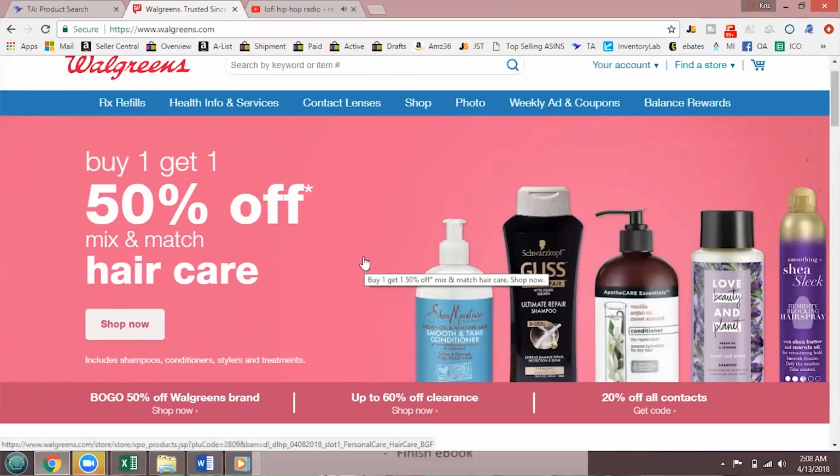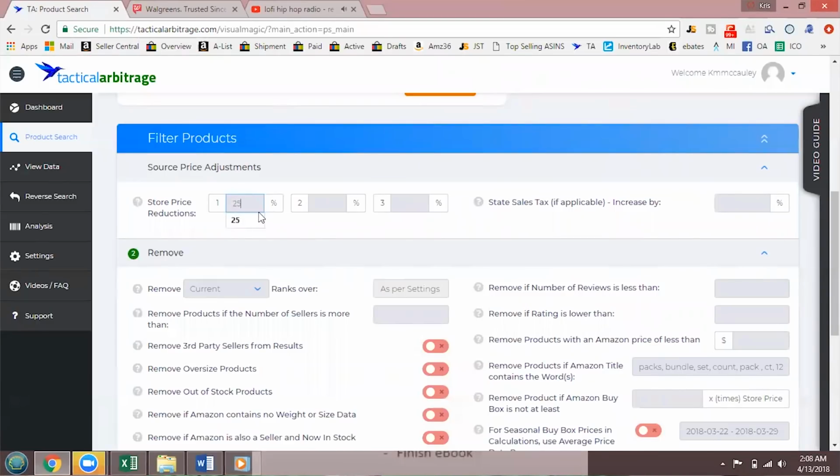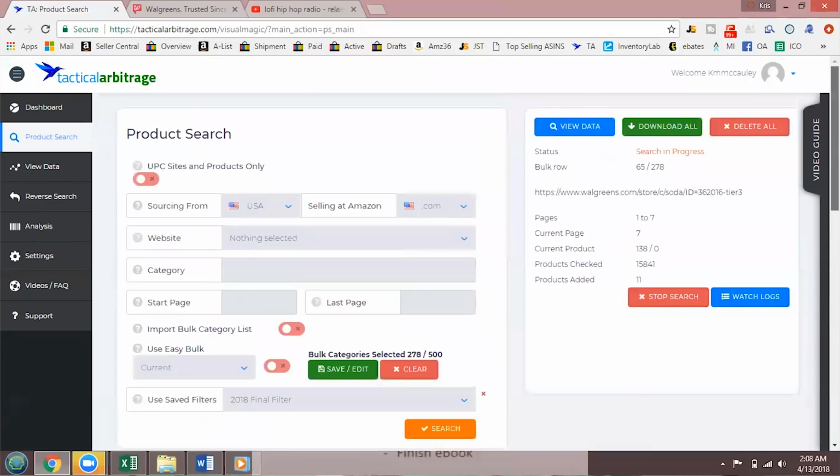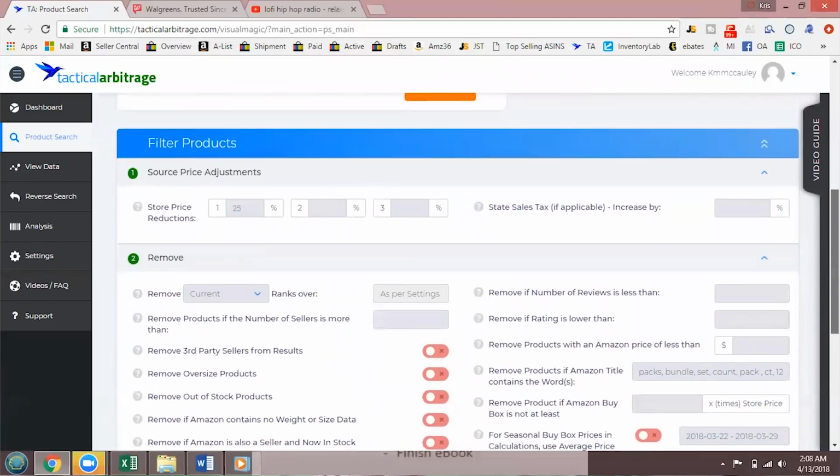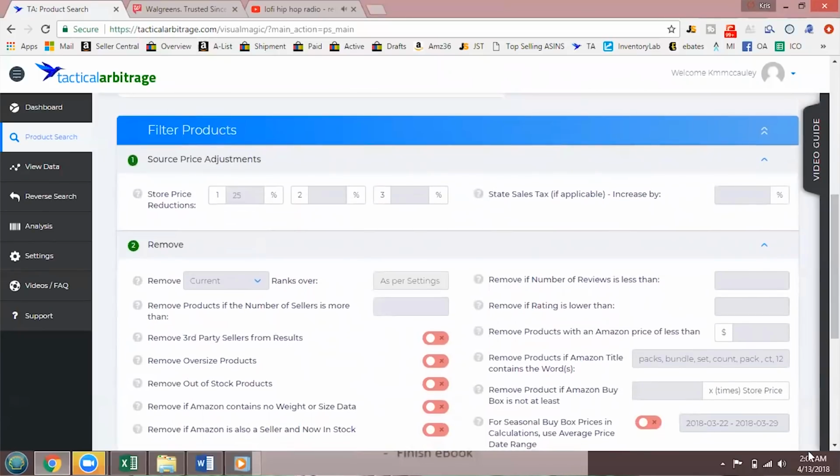And what you do is you can calculate that and plug that in to the percent off of that item. And what it'll do is calculate that into the gross profit percentage. It is absolutely crucial. That's going to pick up on things that you may not have gotten otherwise. For example, a $20 item that is selling on Amazon for $30 obviously isn't going to meet those criteria we just specified. However, if it's 50% off or 25% off, it might fall into that criteria. That's what I really feel like has given me the edge on Tactical Arbitrage.